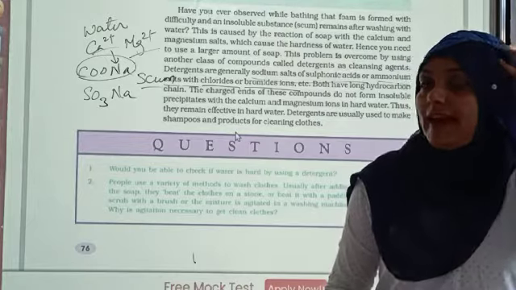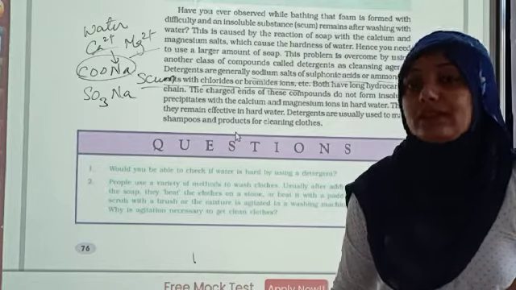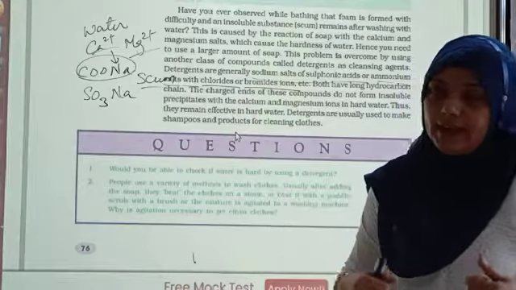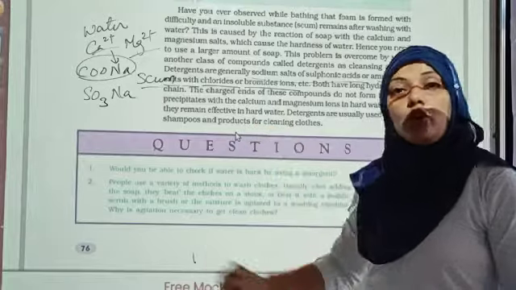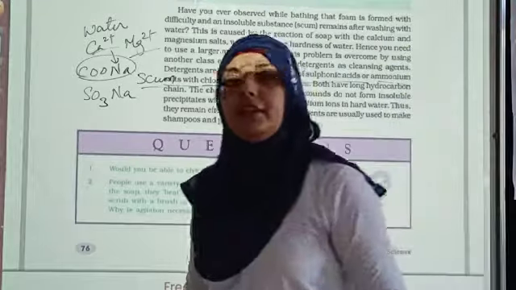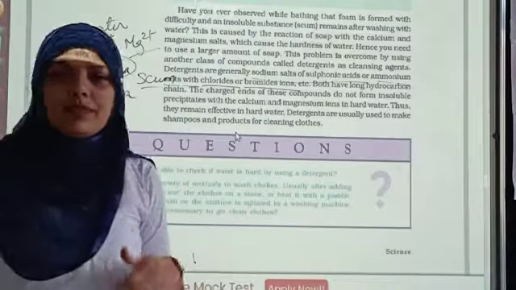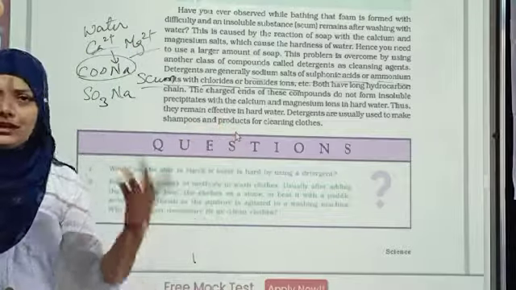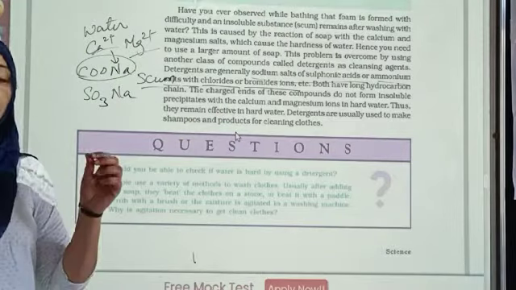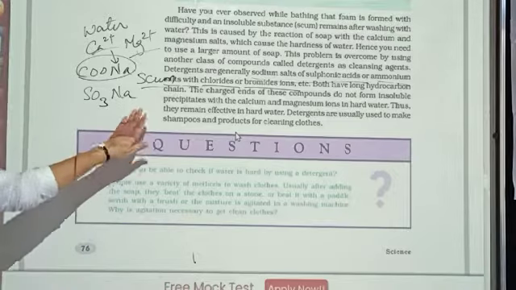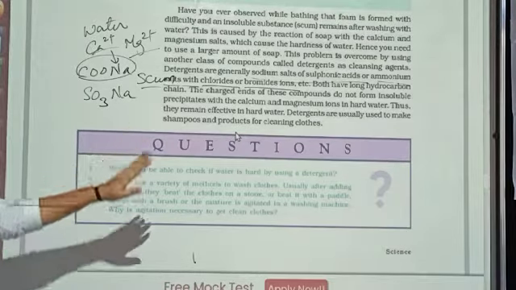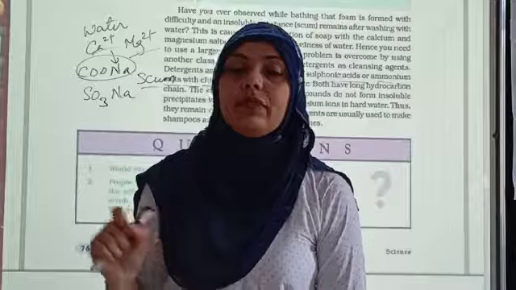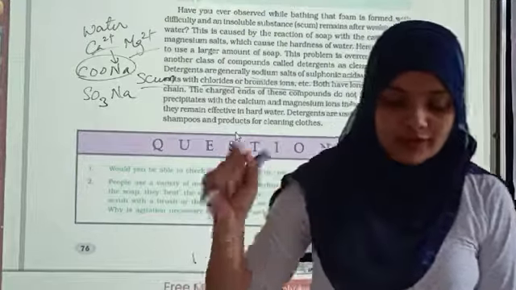Otherwise, what will happen? Your hands will become dry. It will lose the luster, the shine. So you cannot use this hard material for your body, but you can use it for your clothes. When the water is hard, you have to use the detergent. Also, though the water is not hard, we prefer the detergent for washing clothes. I hope you know that. So whether it is soap or detergent, it is going to function with the same capability, that is micelle formation. So dear students, here is the end of your chapter, and very soon we are going to start with the exercise. We will be doing all the question answers over here so that you can understand it properly.